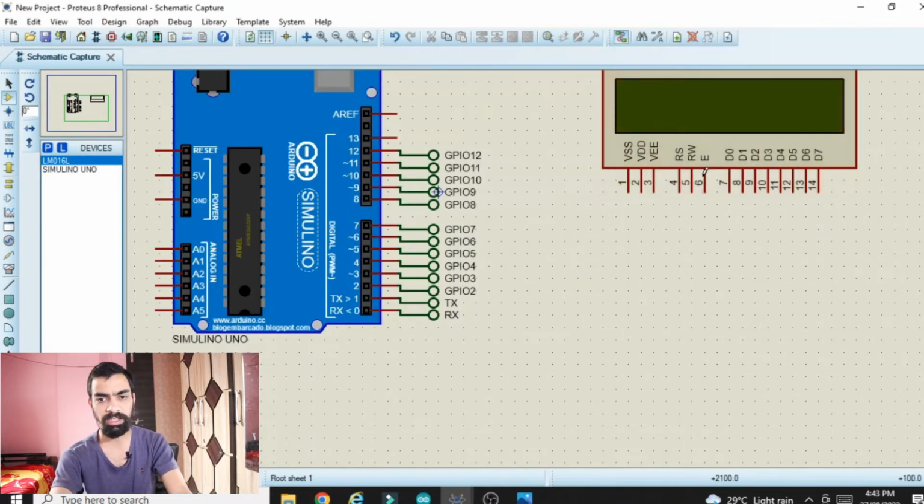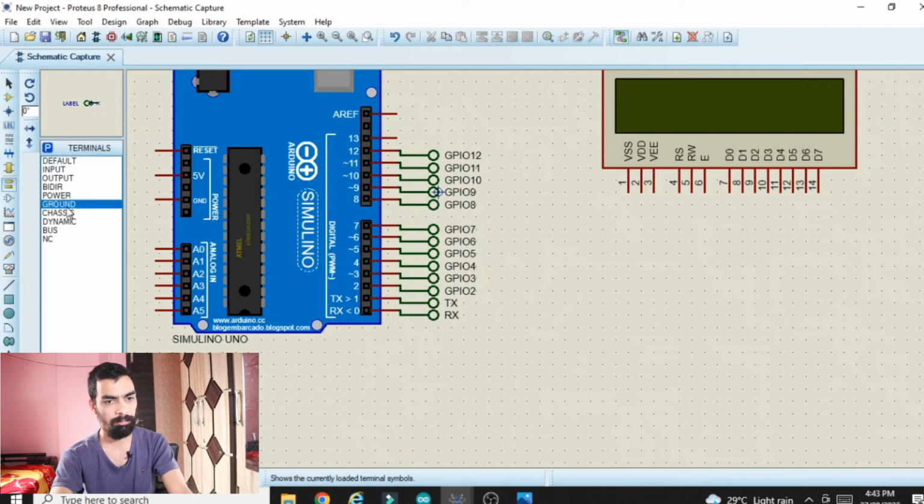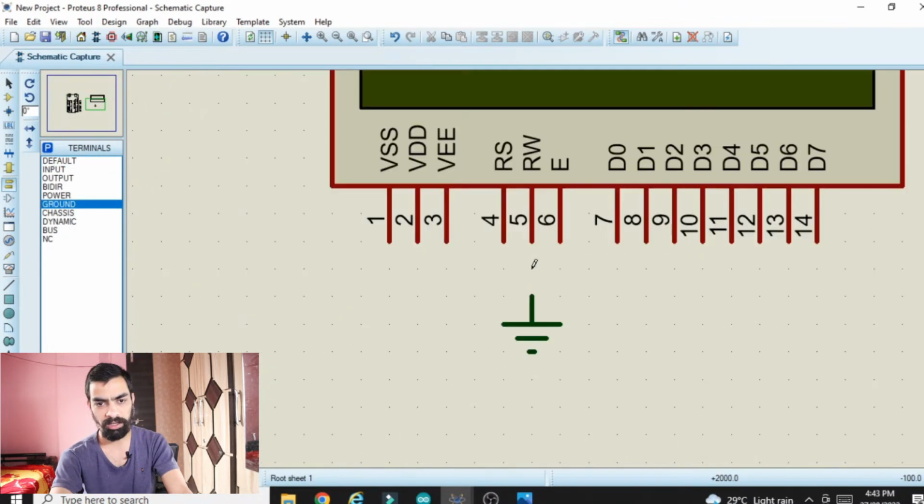Once you place that LCD, first connect the RW pin to the ground. So where do you find the ground? Just go to the terminal mode, click on ground and place that ground here, and again connect that ground to here. Now we require all the default pins one by one here. So how to select a default pin? Just go to the terminal mode, then click on default pin, place